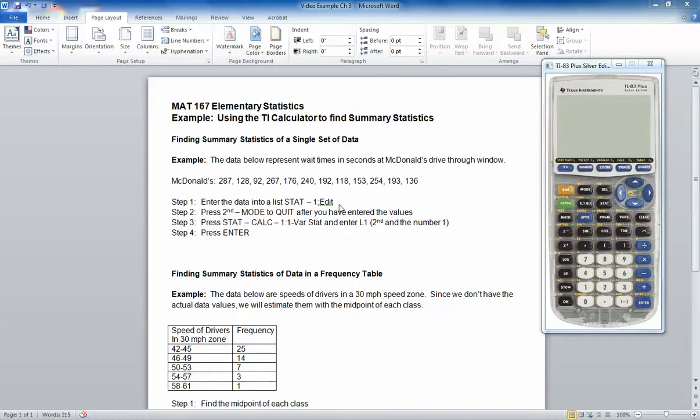The way we do that is we go over here and press the Stat key, Edit, and we have our lists across the top. If you have something in your list, to clear it, you can put the arrow up here on list 1, hit clear, and then enter, and your list will be cleared. So we want to type in our data, 289, click enter after each, 128,